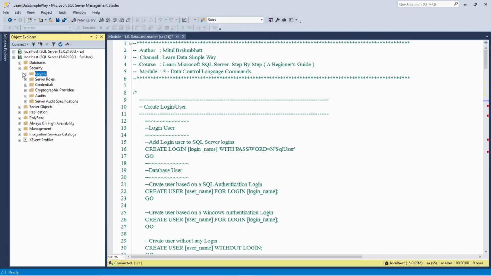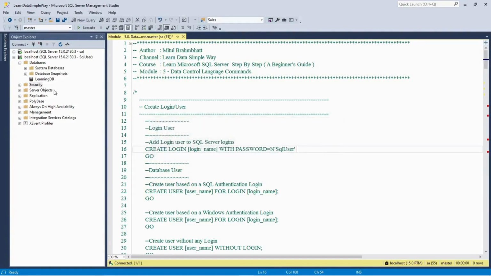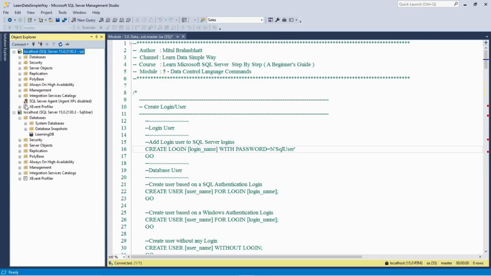Now you may also see the databases which are available, but you may not have access to those databases in the case when you just created the user, right? Now to get access to those databases as well, you need to apply roles for that, right? Because we just created the user here, we did not create the role for that, or we did not assign the user to a role, or we did not map that role for the user,